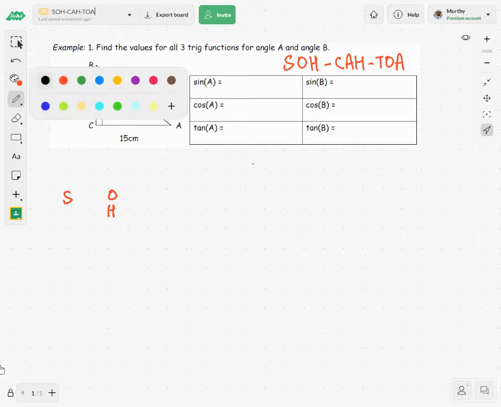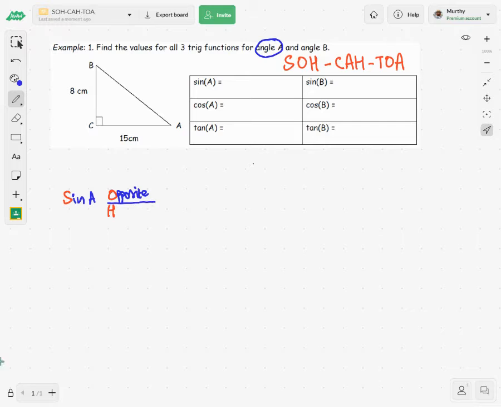SOH, which means sine. Let me start with the angle A. Therefore, sine A equals, I know that some people prefer to write this way, opposite over hypotenuse. But I personally prefer to write opposite side to. Friends, this one is really very important. What are the letters or what is the angle you are taking, that one should be mentioned. So opposite side to